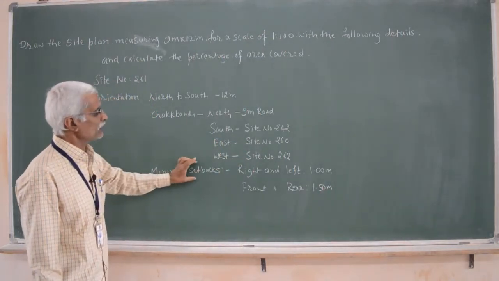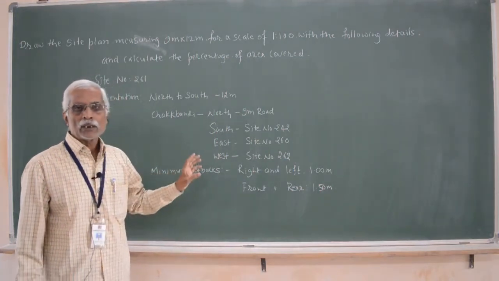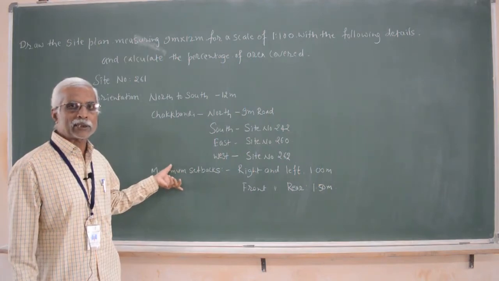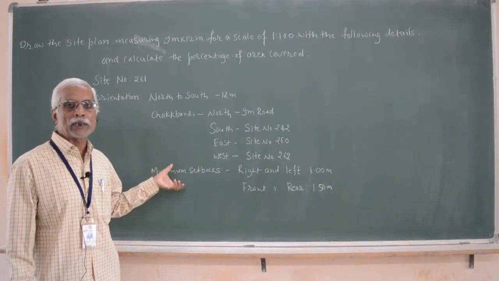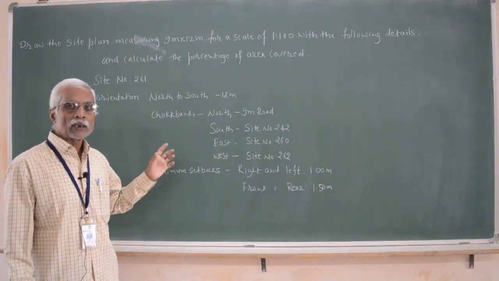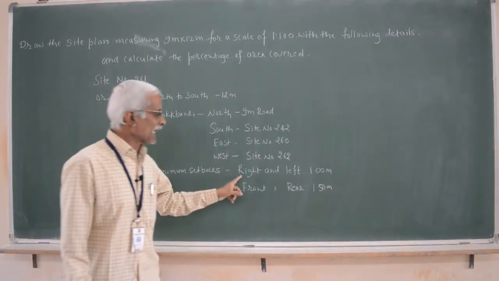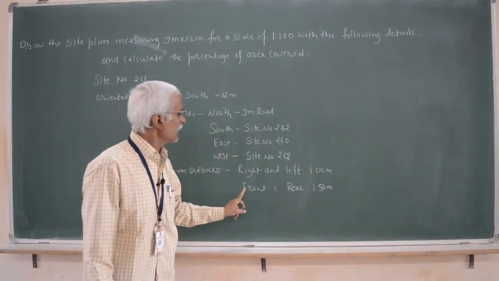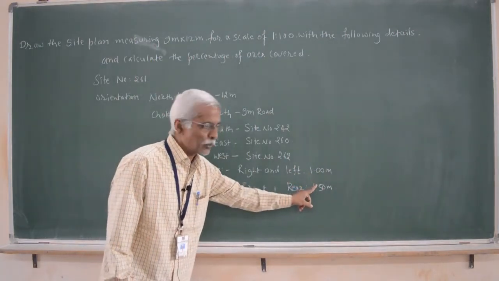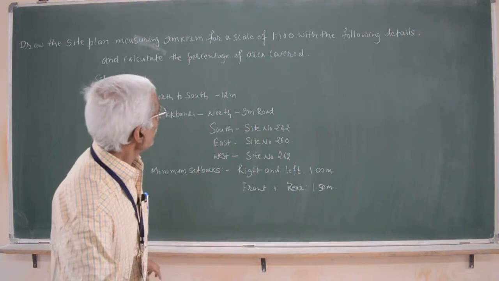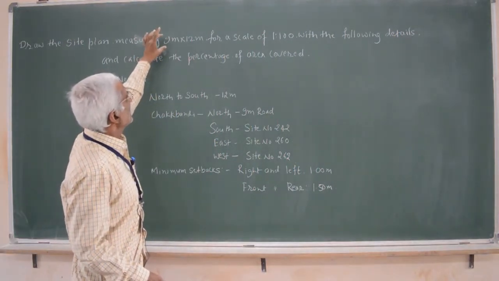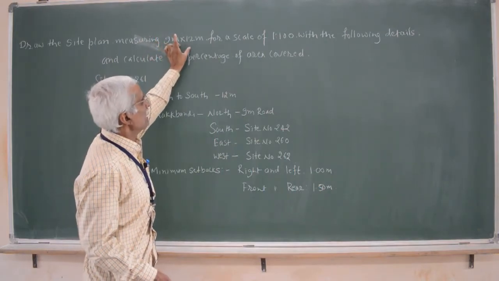Here is the minimum setback. I have already given the details of what is meant by setback. Setback means the space left around the building. Here, right and left they have given 1 meter, and front and rear they have given 1.5 meter. Now you have to start how to draw the 9 meter by 12 meter to a scale